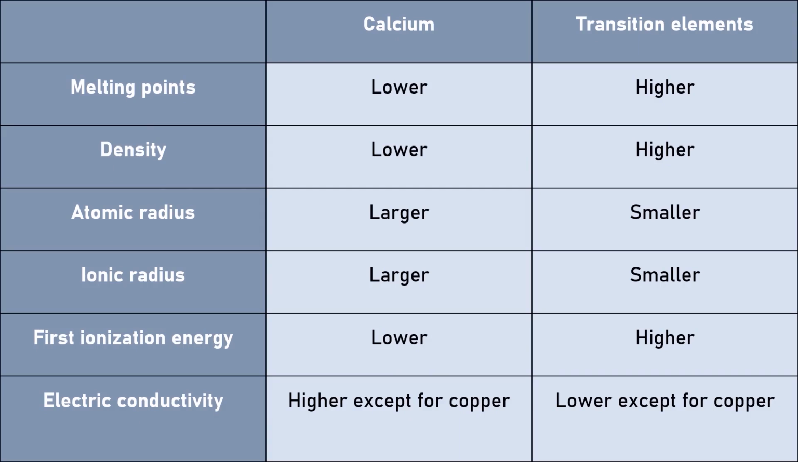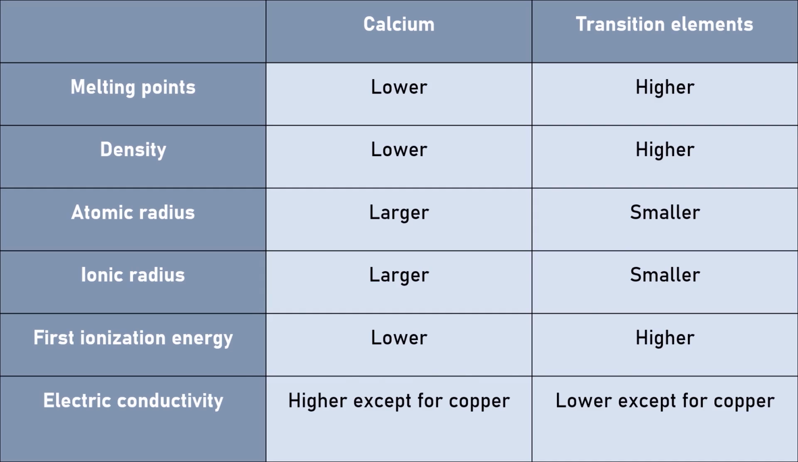Although transition elements and S-block elements both are metals, there are some discrepancies between them. Let's compare calcium in the fourth period with transition metals in this period. Melting point of calcium is lower than that of transition metals. Density is lower as well. The atomic radius of calcium is larger and the ionic radius as well. First ionization energy is lower and the electric conductivity of calcium is higher than transition metals in that period, except